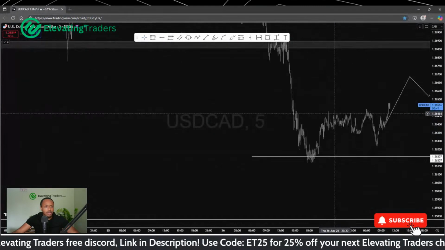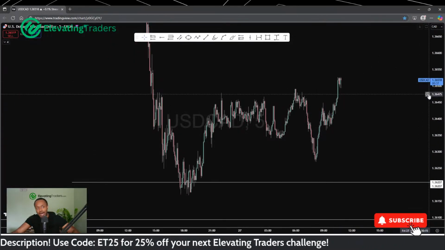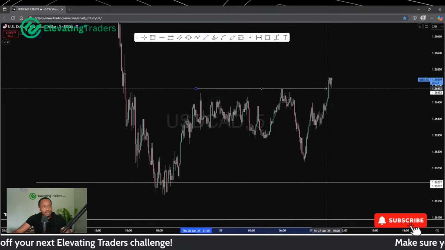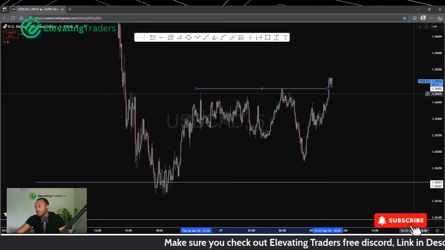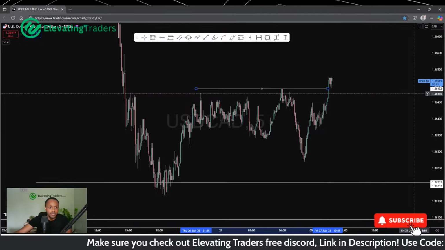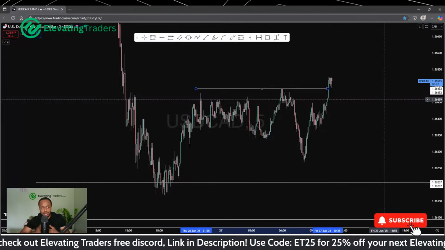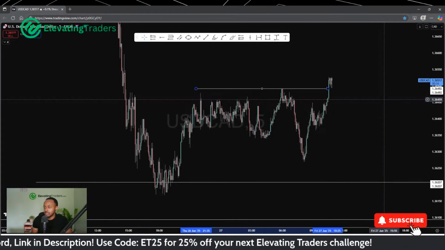I mean, yes, I would expect a pullback. I don't know if I'll be looking to buy the pair right now though. I mean, I can understand that we are breaking through resistance here. So it does look like price is about to rally. But again, I wouldn't necessarily be looking to try and pick up some longs on that breakout there. I'm always looking for retest of structure. I'm always looking to essentially buy from support and sell from resistance. Okay, 50-minute chart.